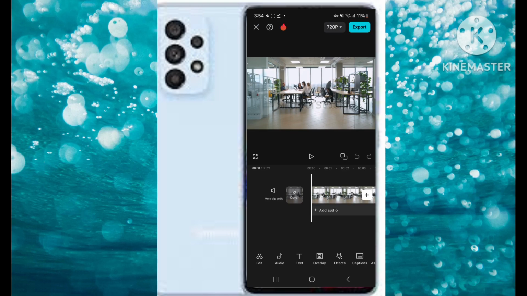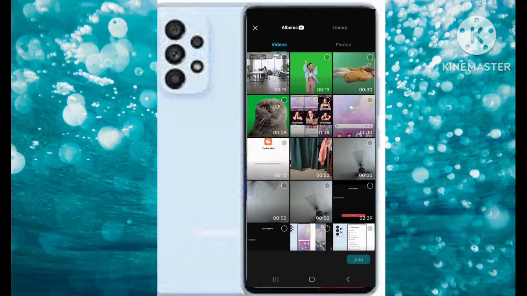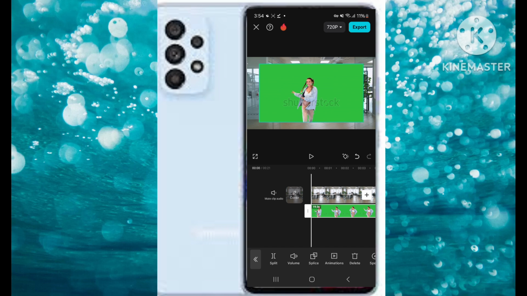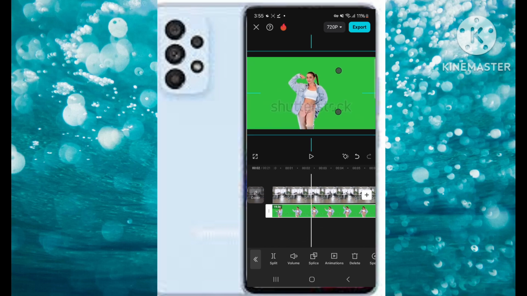Then here you have to click on this overlay. Click on overlay, click on plus. Now I'm going to use this one. Okay, now click on add. Now you have to just zoom out this to whole video. Okay, now you have to select it, and here you will see